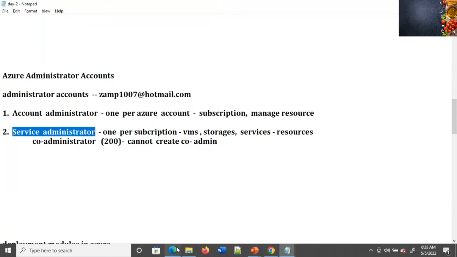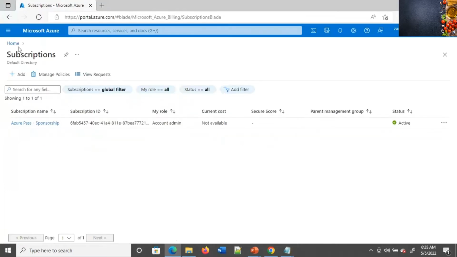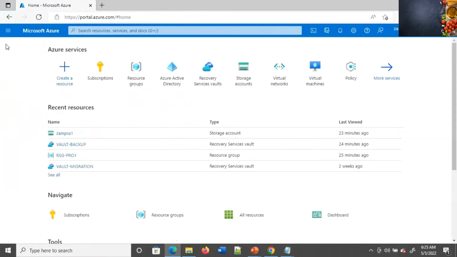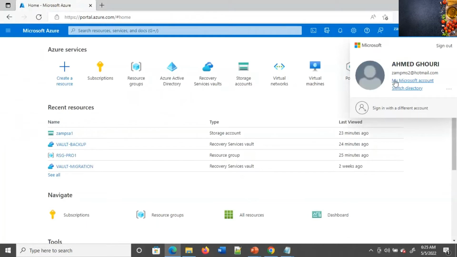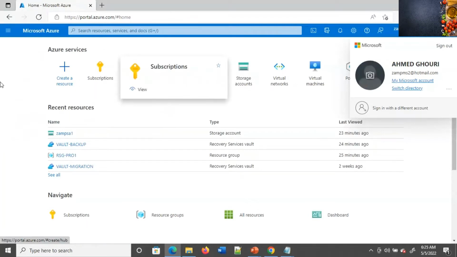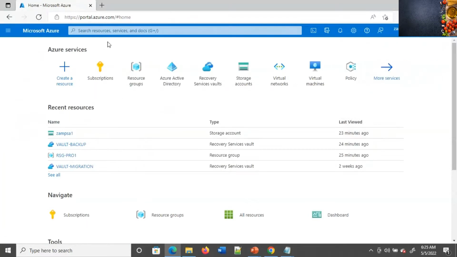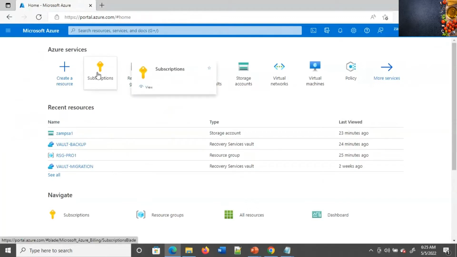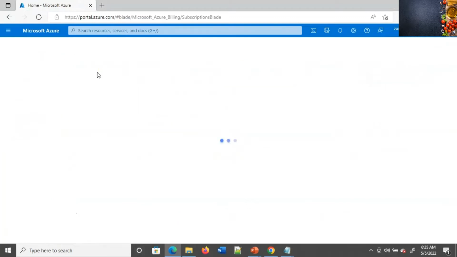So guys, if you log into your portal page, if you go to the home, you can see our account ID. Then you have to go to your subscription. This is called the dashboard area, guys. Recently I accessed so many services here, and it will show you how many services I used. If I click on this subscription,